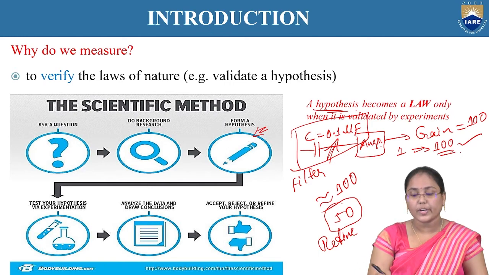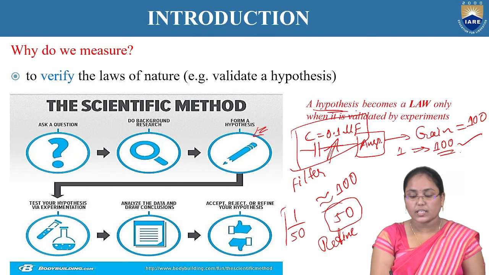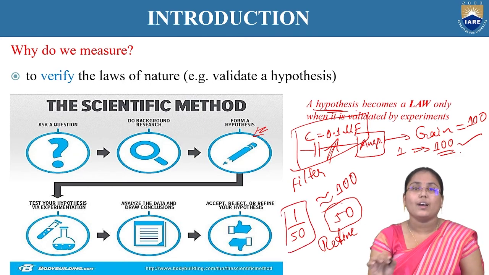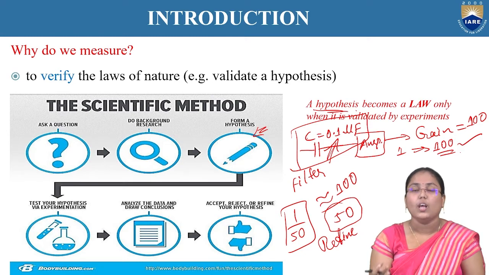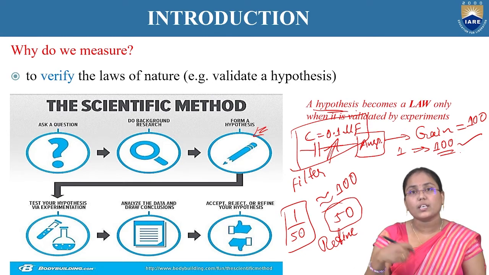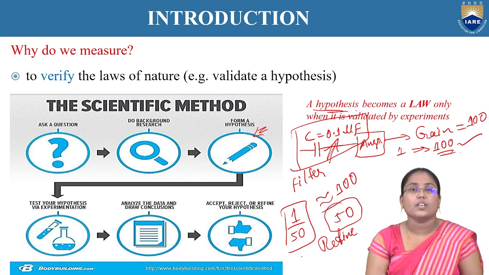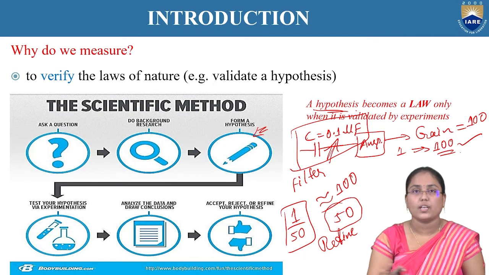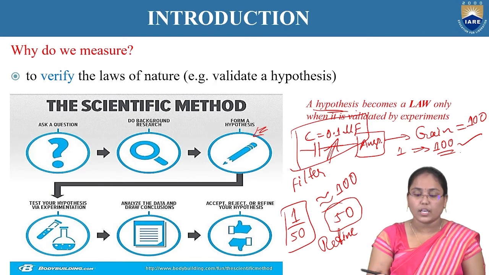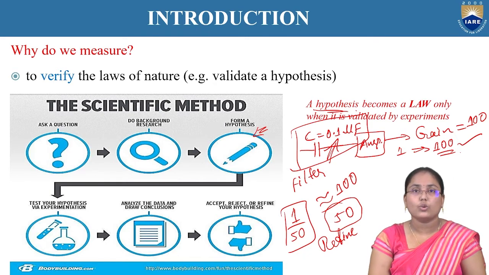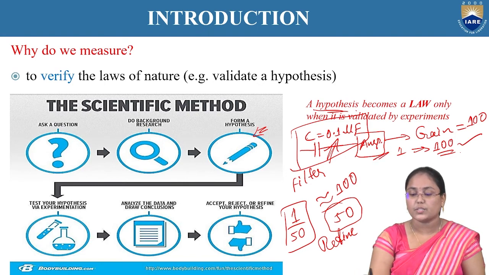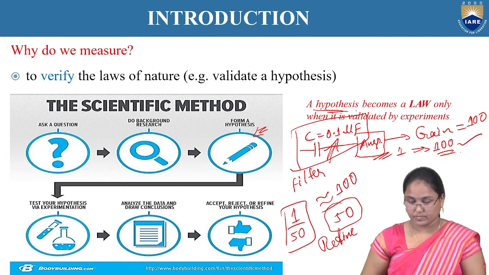Rather than increasing, if it is decreasing by 1/50, for example, then definitely we can reject the particular hypothesis, because the amplifier's purpose is to strengthen the signal. So in such cases where the input is decreasing, when the input is 1 volt and the output is 1/50, then definitely we can reject the hypothesis directly. Or we can still try to refine it, and if there is no improvement and it doesn't satisfy the original hypothesis, then we can reject it.